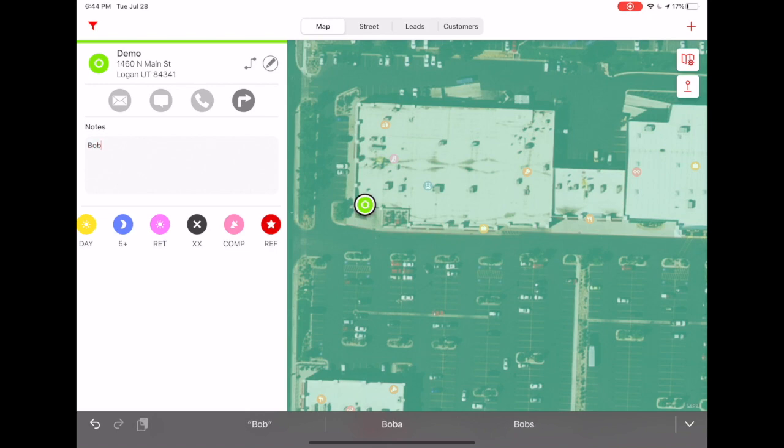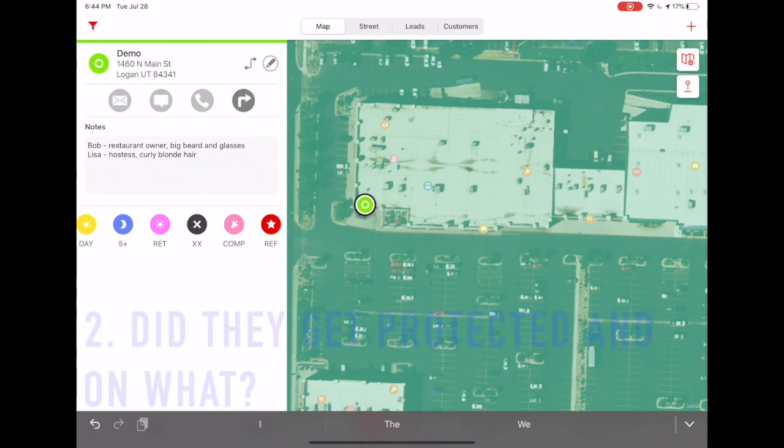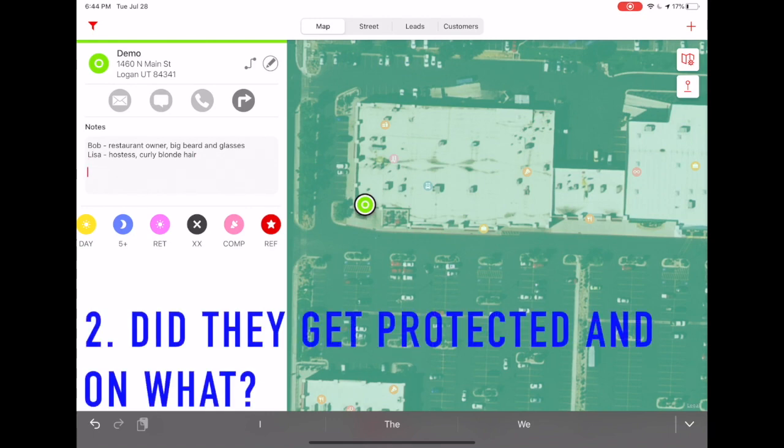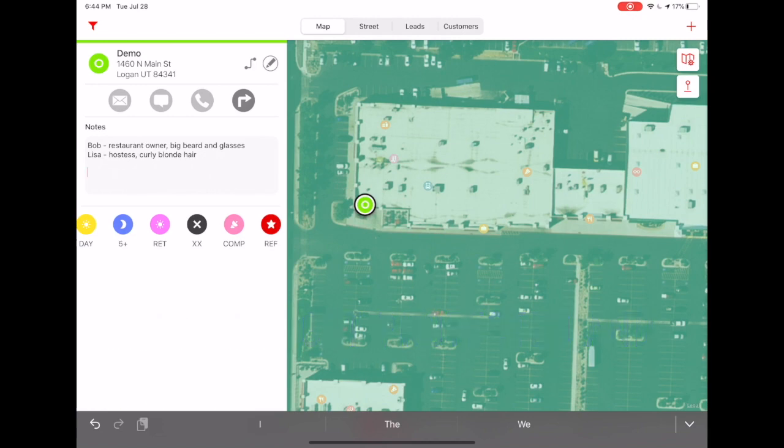He is the restaurant owner, and Bob has a big beard and glasses. You also talked to Lisa. She was the hostess, and she has curly blonde hair. And then the second thing you need to note is, did they get protected and on what? So let's say in this case, they did get protected, so we need to change that to a sold client